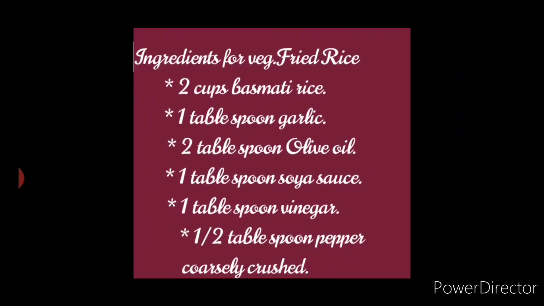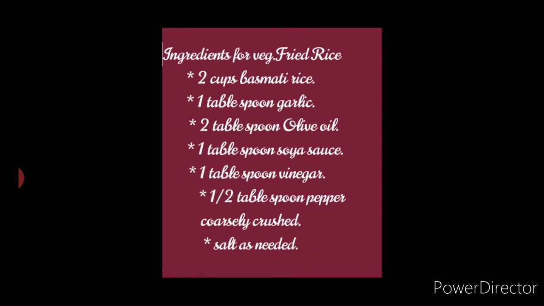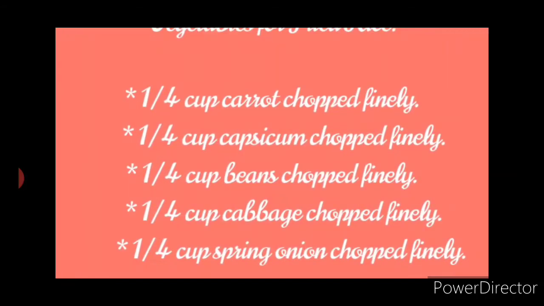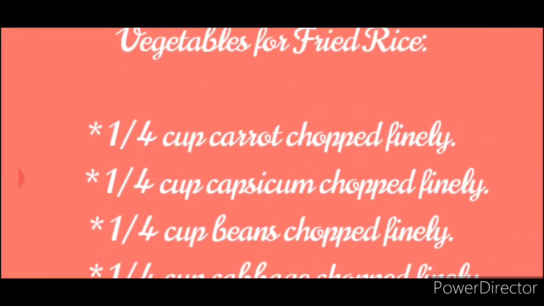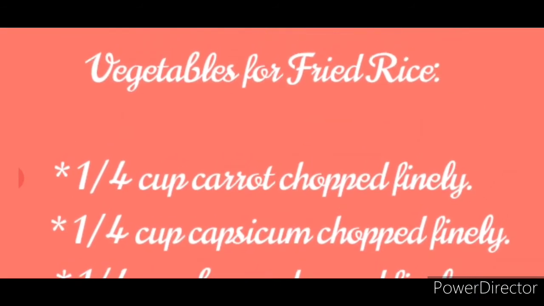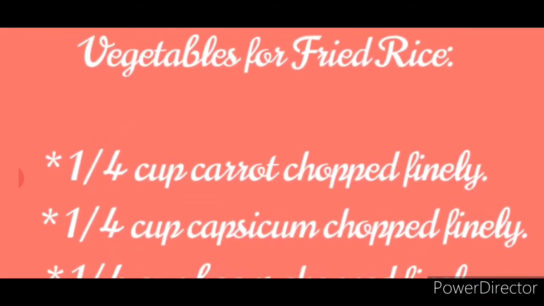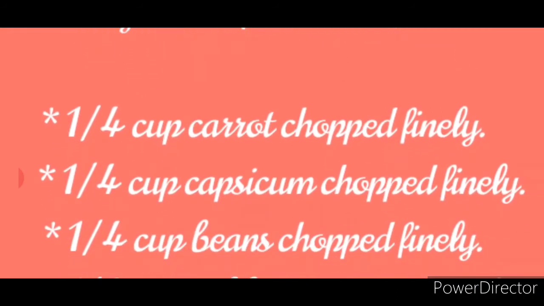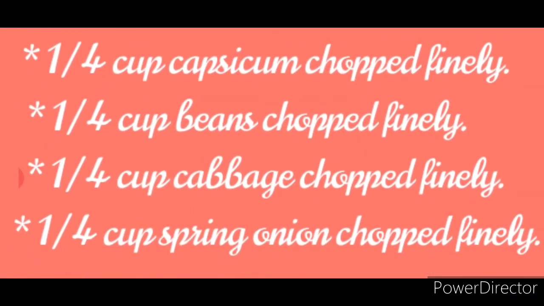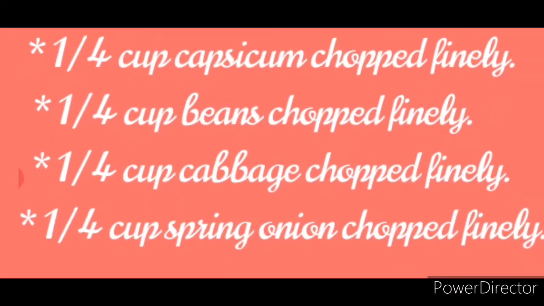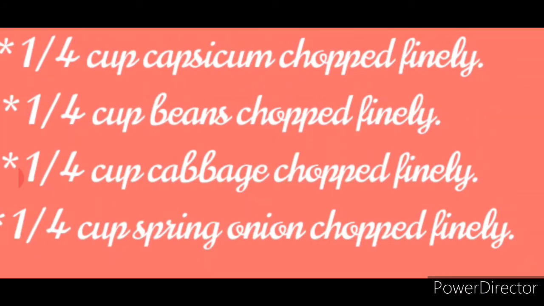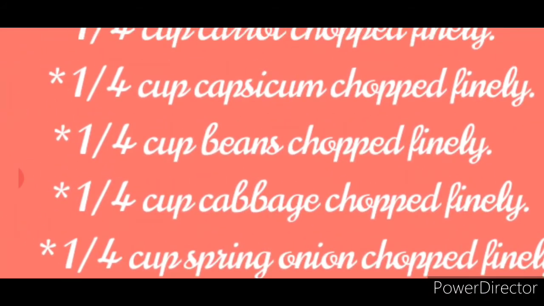Now, being veg fried rice, children, we must see what all the vegetables are needed. We'll see what all the vegetables needed, children. 1/4 cup carrot chopped finely. Then 1/4 cup capsicum chopped finely. 1/4 cup beans chopped finely. 1/4 cup cabbage chopped finely. Then 1/4 cup spring onion chopped finely. So these are the vegetables needed for